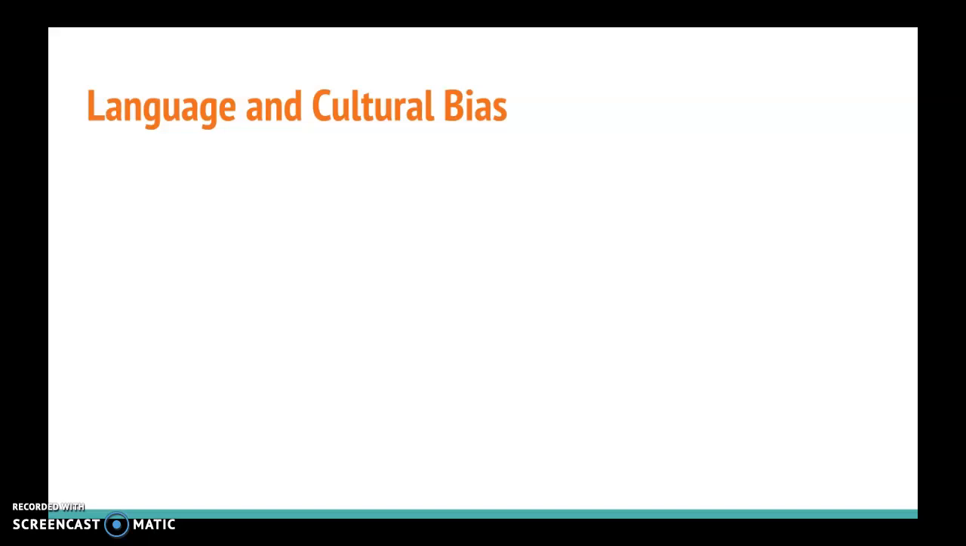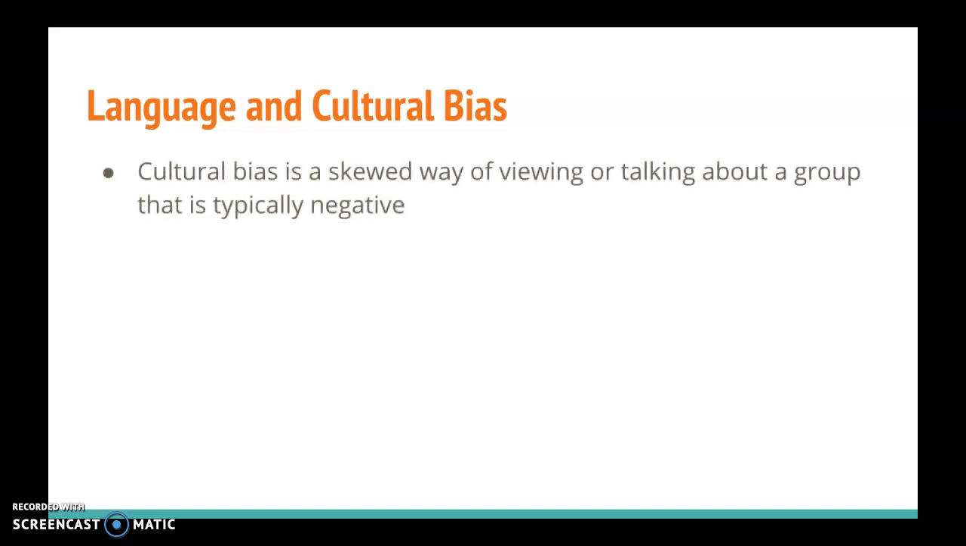Finally, today, let's talk about how cultural bias impacts our language choices. Cultural bias is a skewed way of viewing or talking about a group of people that is typically very negative. And this culturally biased language can make reference to one or more cultural identities, including race, gender, age, sexual orientation, and ability. And much of our biased language is actually based on stereotypes and myths that influence the words that